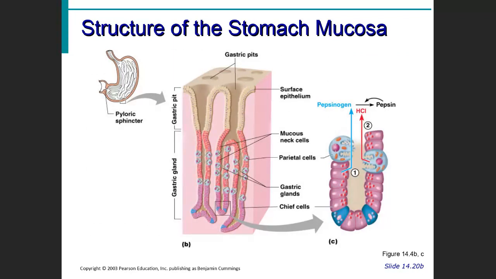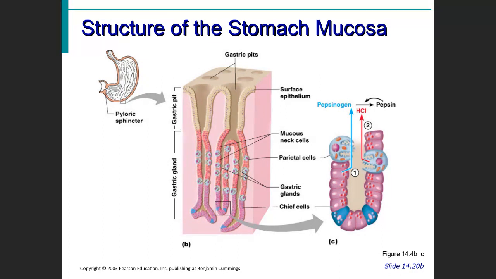This is the stomach itself, and you can see the stomach lining has many different kinds of cells, different cells that make the different things that are in the gastric juice. You have cells that actually make the pepsin in that inactive form, which is pepsinogen. And then you see that when it mixes with the acid, the HCl, hydrochloric acid, it becomes active pepsin inside the stomach. You have chief cells, gastric glands. The chief cells make the pepsinogen. The mucus cells make the mucus. Parietal cells make the acid.